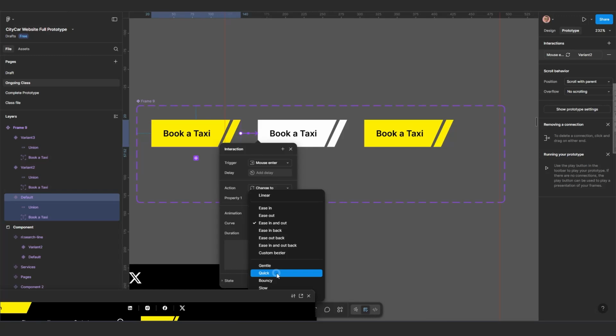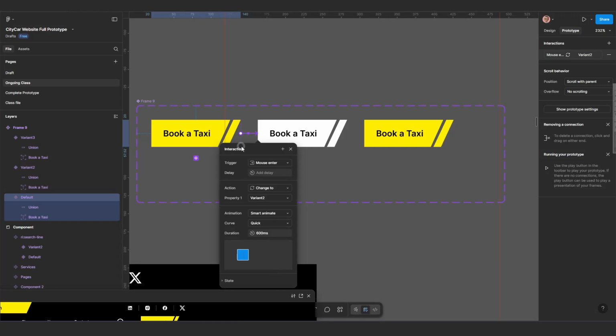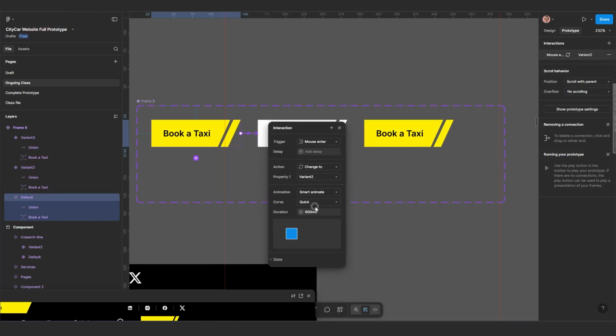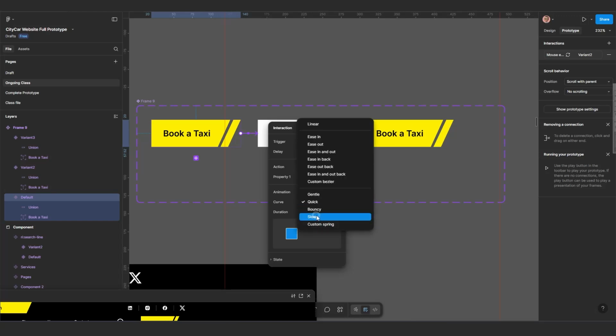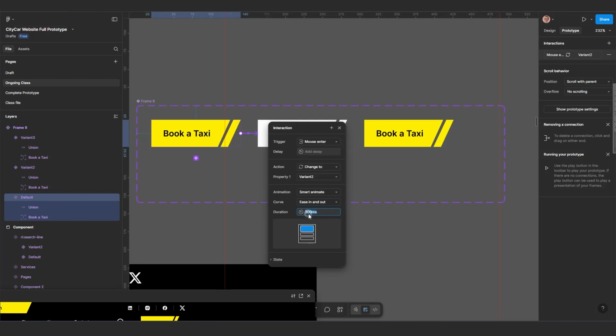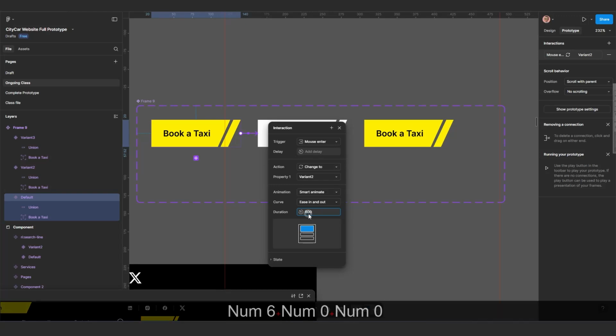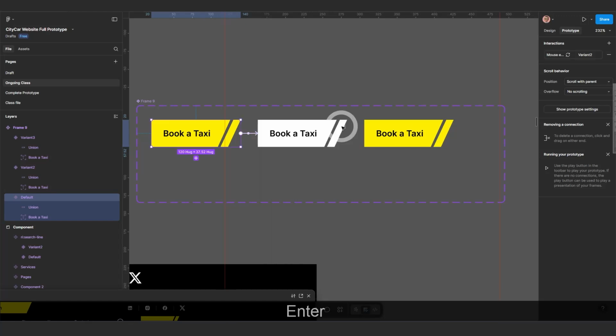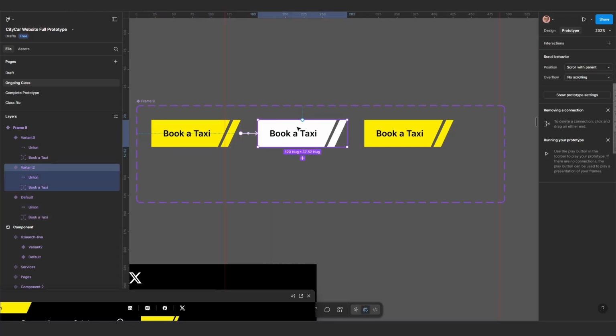But when you change it to quick, it's going to bounce. But let's see. So I don't need it to bounce. I need it to be ease in and ease out, and the animation there should be something like 600. Okay, so this one, when the mouse leaves here, because when the mouse enters here, it's going to come here,